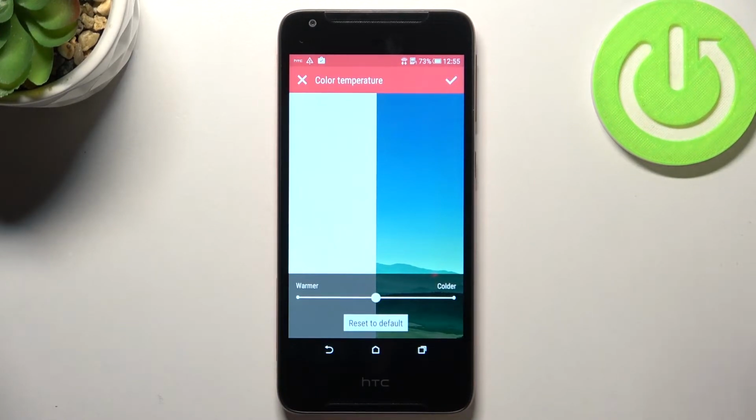So right now we've got the slider right in the middle, so we are not in the yellowish tones or cold tones, but by going to the right we can make it a little bit colder, so the colors are more bluish. I'm not really sure if it is visible on the camera, but trust me, I can see the changes. And by going to the left we can make it much cooler,